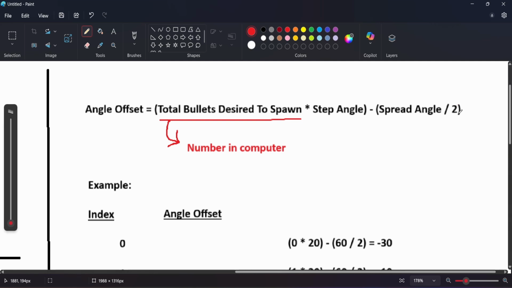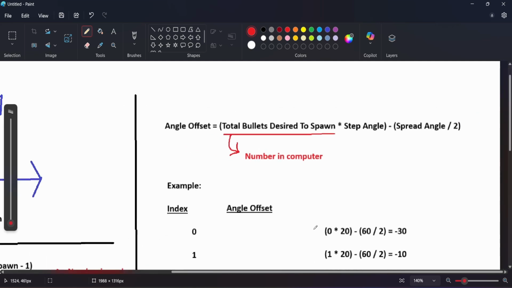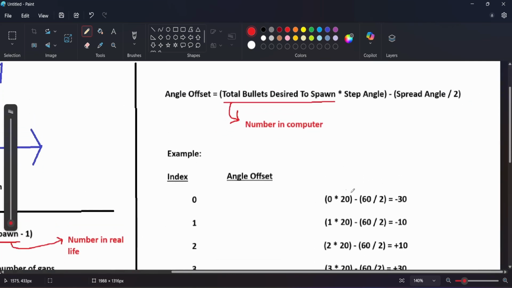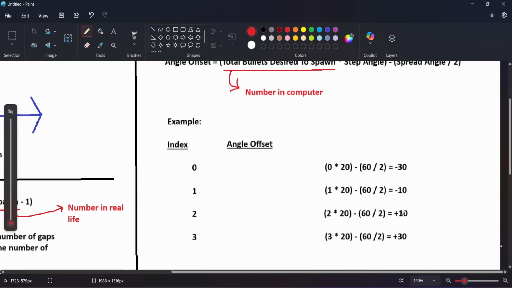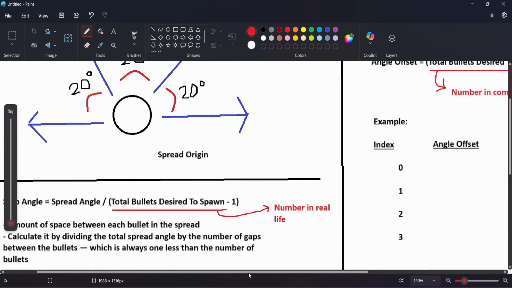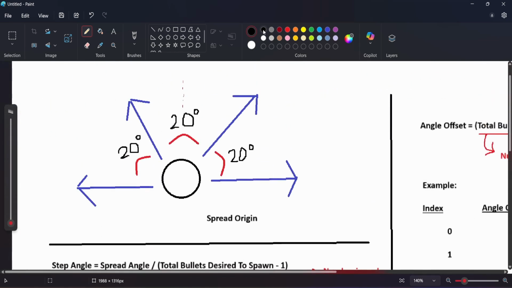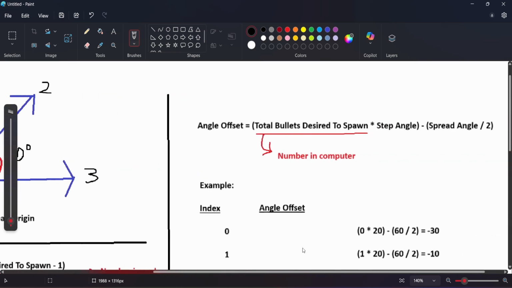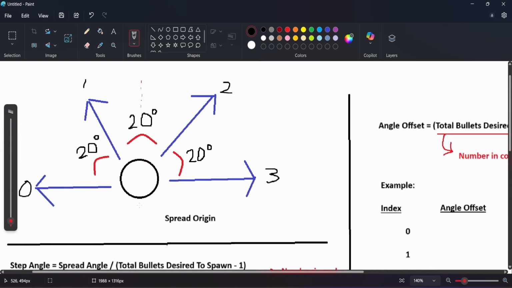We have already set divided by 2. So here's the example, similar to the odd number part. This is minus 30, minus 10, plus 10, and plus 30. I think I forgot to put the numbers over here. So it's 0, 1, 2, and 3. Position 0 is minus 30 and minus 10, and 10 and 30 is more like